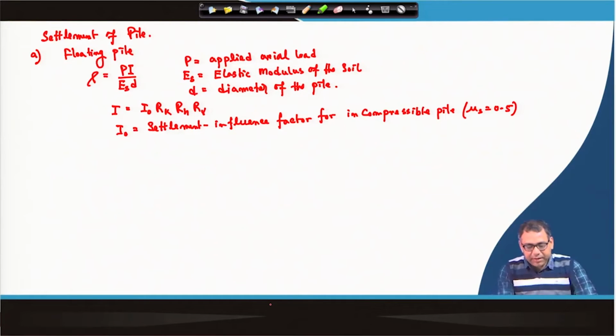Okay, so that means this is the settlement influence factor for an incompressible pile. So, again for an incompressible pile R k is 1, then for mu equal to 0.5 R nu will be 1